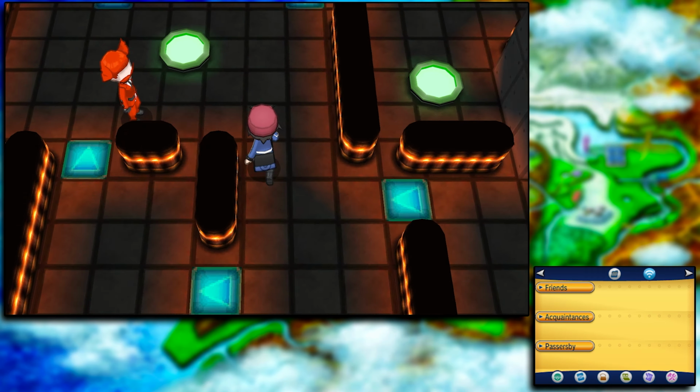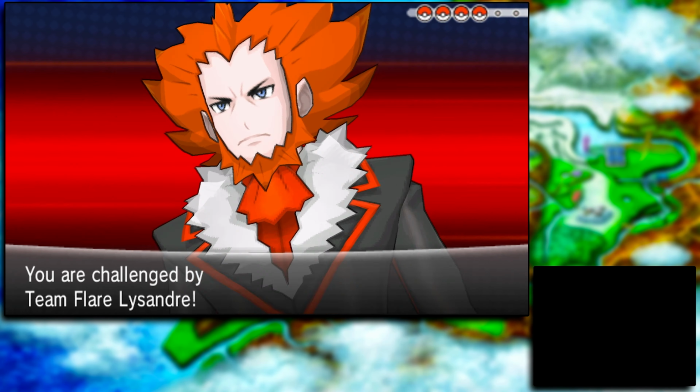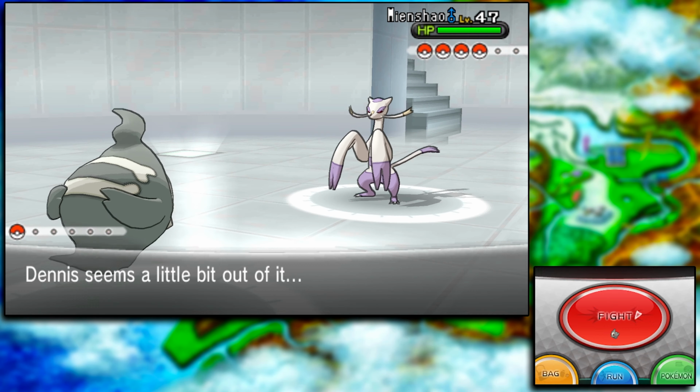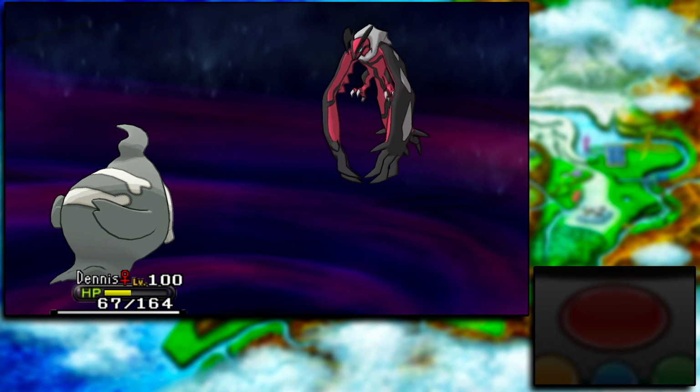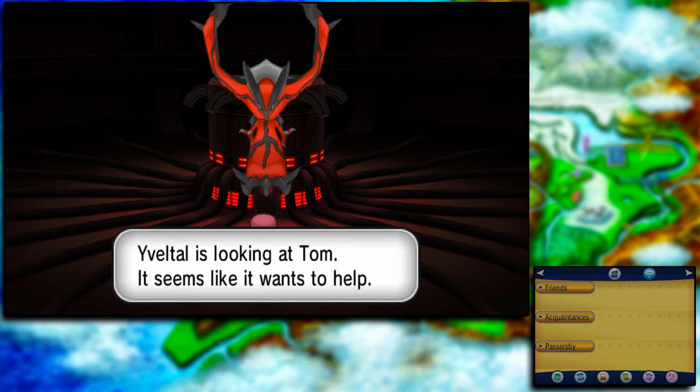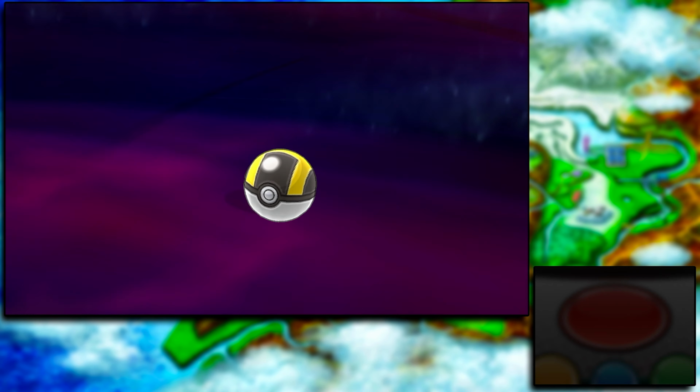I made my way through Team Flare's grunts and fought Lysander again. This fight was way too similar to the first one, so let's move on. I made my way through Team Flare's other base. I knocked out Yveltal, and then I realized I had to actually catch Yveltal, so I caught Yveltal, and then